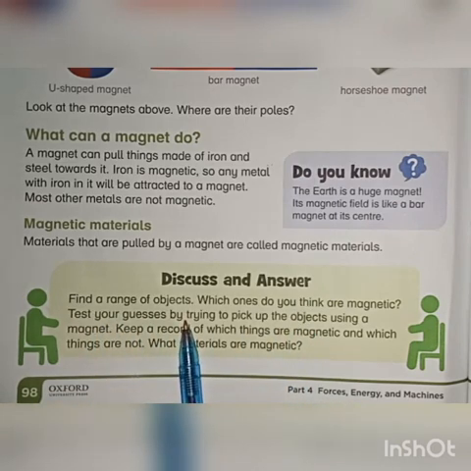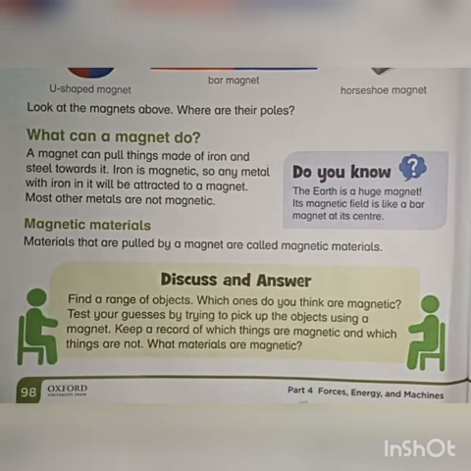Now discuss and answer. Find a range of objects. Which ones do you think are magnetic? Test your guesses by trying to pick up the objects using a magnet. Keep a record of which things are magnetic and which things are not. What materials are magnetic? Now there is an activity.